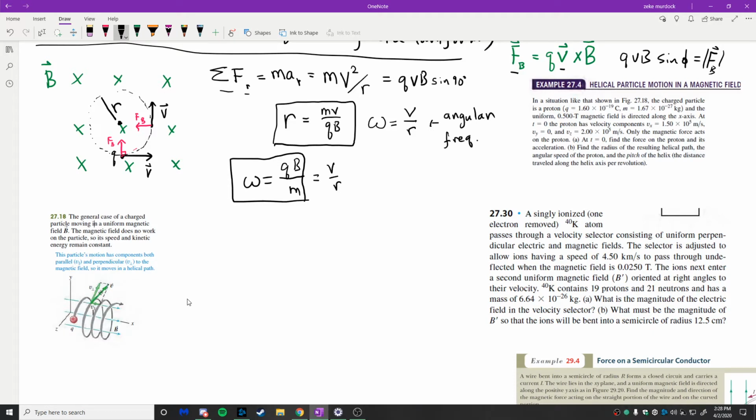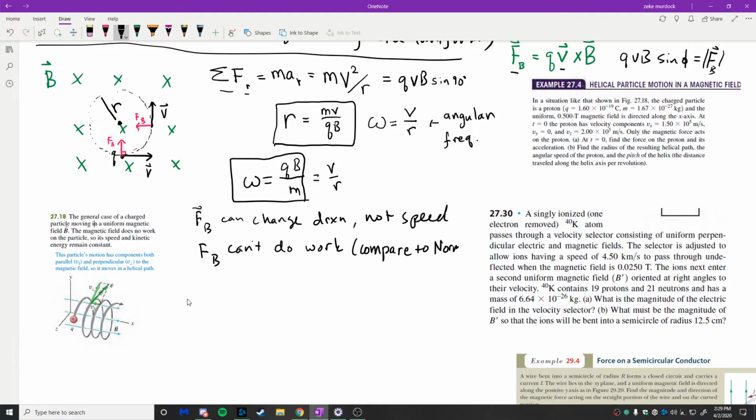So some things you can say here is basically that the magnetic force can change direction, not speed. And in general, the magnetic force can't actually do work because it's always at right angles to the path the particle's traveling along. Can't do work, and you can compare this to like the normal force, for example. Right? The normal force can't do work because it's always at right angles to whatever surface you're on. Okay, so